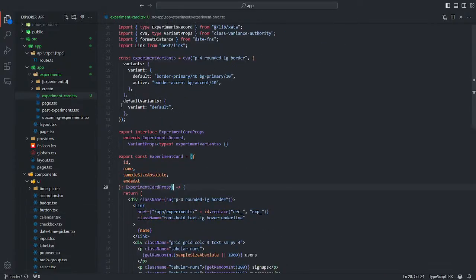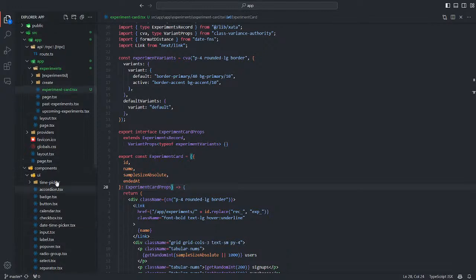Okay. And now, what are the variants? We have past experiments, upcoming, and active, right?